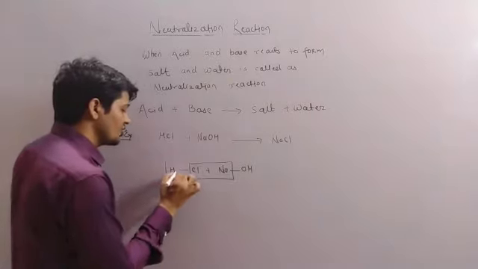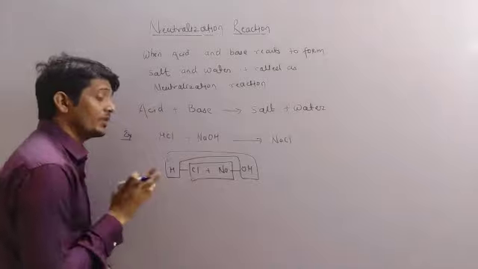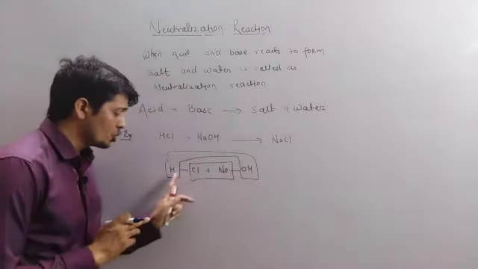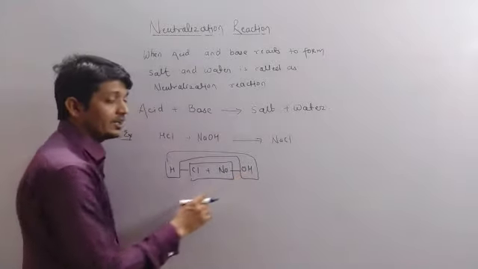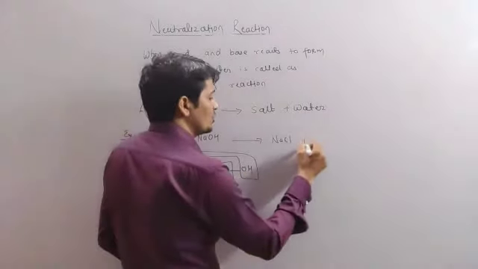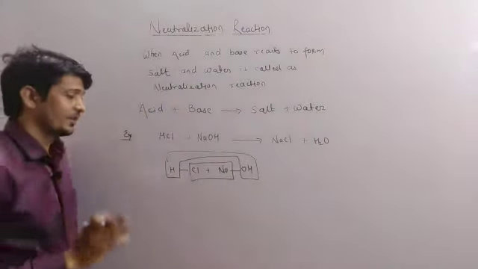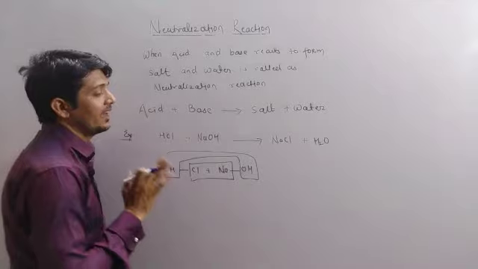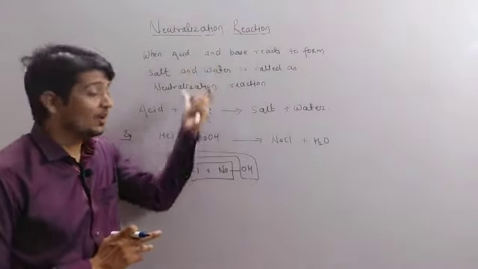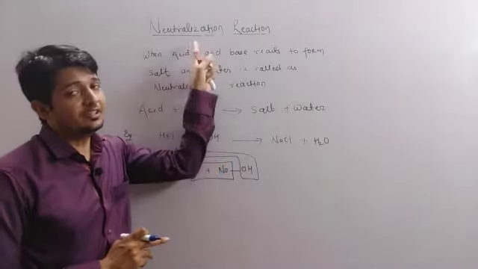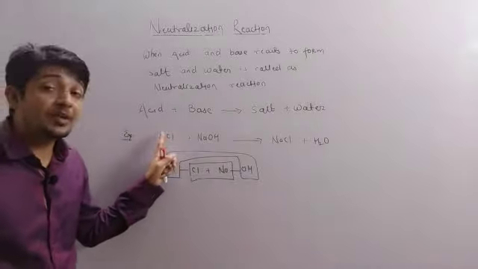So this is NaOH and HCl, they react to form salt, and what will remain now? See, this is the H and this is OH. When they react with each other, they will form H2O. See, H we have 2 and O is 1, that means H2O. And what is H2O? H2O is water. So this is the way the reaction proceeds. Which reaction is this? The neutralization reaction.